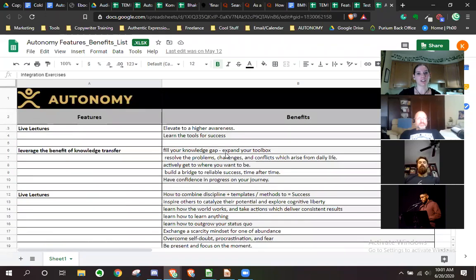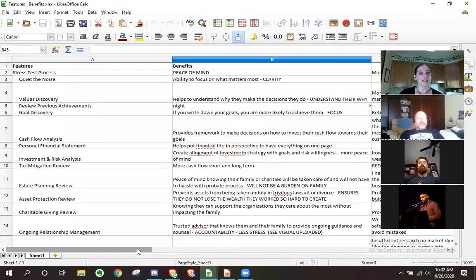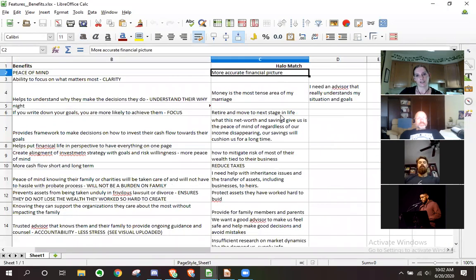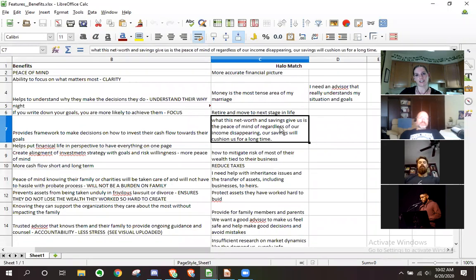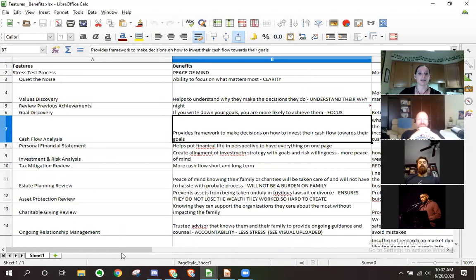So Homer with Convergent Wells knocked it out of the park this week when I assigned him to do his features and benefits list, and he came back at me with this. Not only did he do his features and his benefits, he linked every single one to a place in the Halo research. These are the exact vernacular that we put into the Halo research, and he matched each and every one with a corresponding feature and benefit. I was sitting there just applauding. He really took this to the next level.